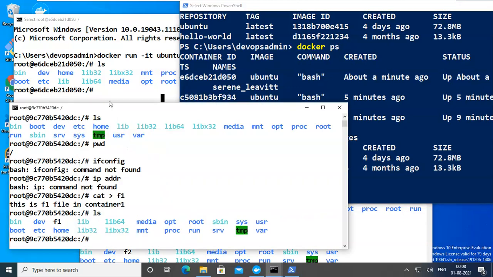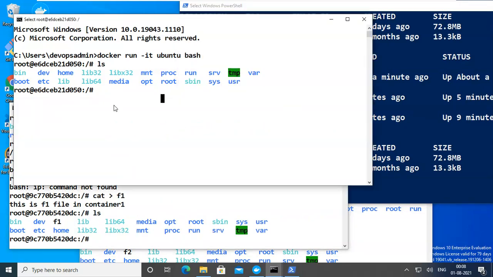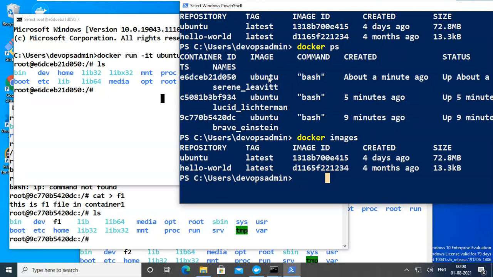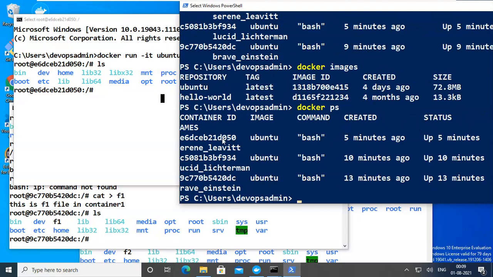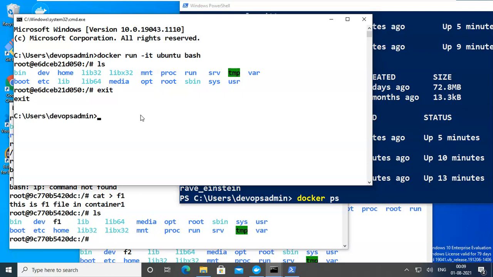Now, if you close this one, for example, if I put exit, this is the third one, right? So can you see the third one here? E6, this one. Okay, the latest one will always be up. So currently in my ps, it is showing this container running, and this one, and this one. Three containers are running. It looks like confusion because it is not fully stretched. Okay, for example, if I put exit here, it returns a normal CMD prompt. So I exited from the container.